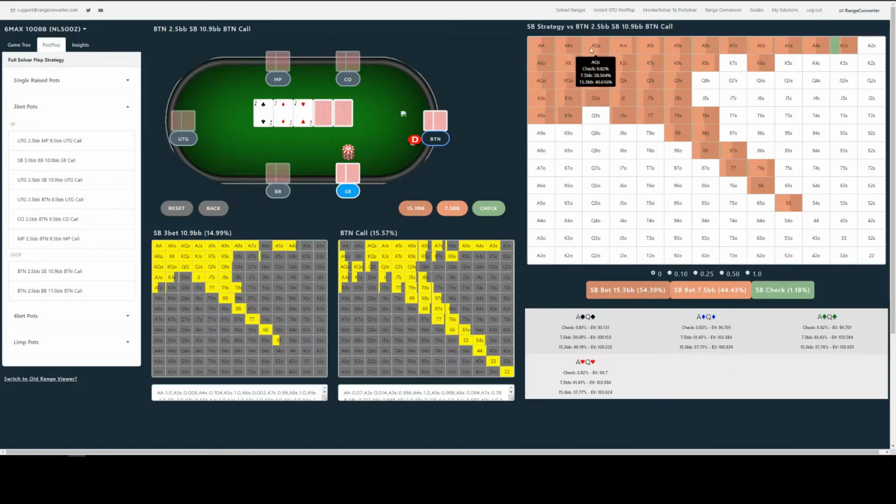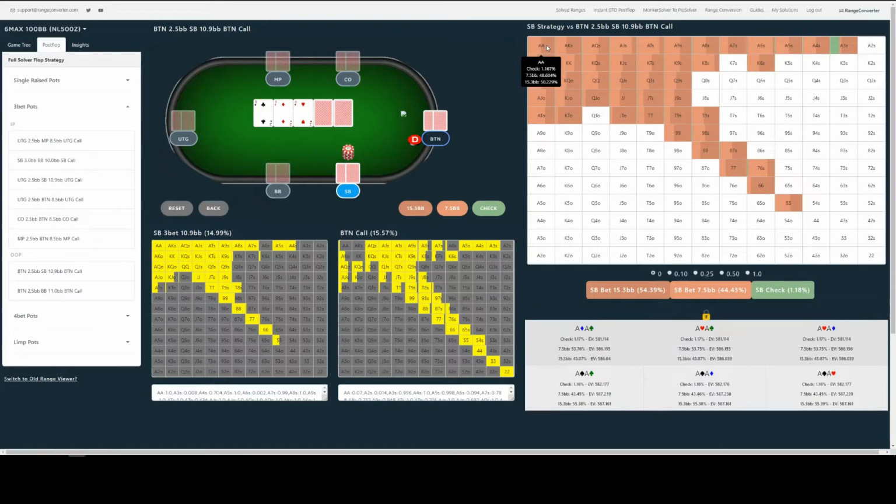So if you want to actually lock a particular one, you can double click on the combo up here in the main window and it will lock. So let's do that for ace ace here. Double click there. Oops. And you see this lock icon appear, and now I'm moving over the different combos, but the ace ace suit breakdown is locked here. And then for each individual combo, we see the breakdown of frequency by action and the EV for each there.